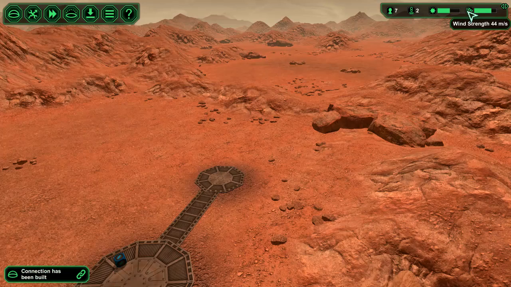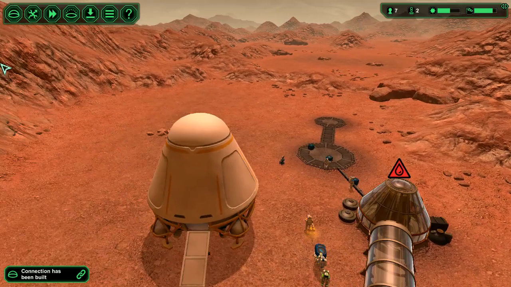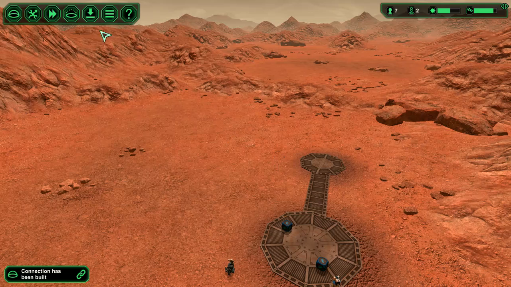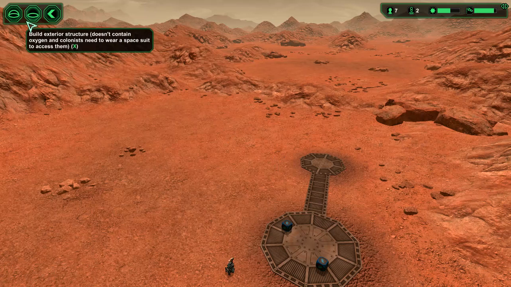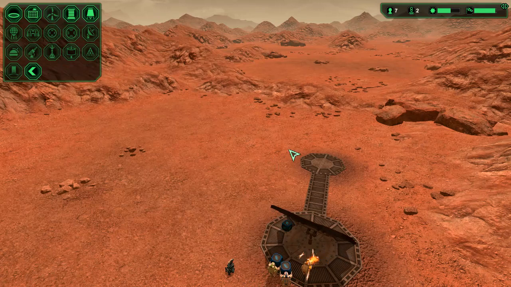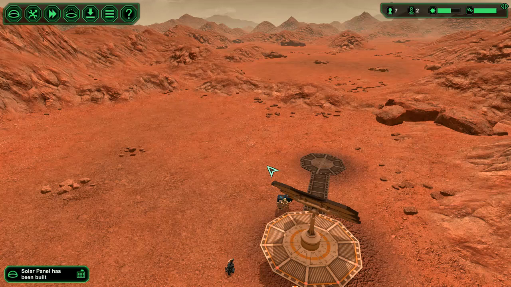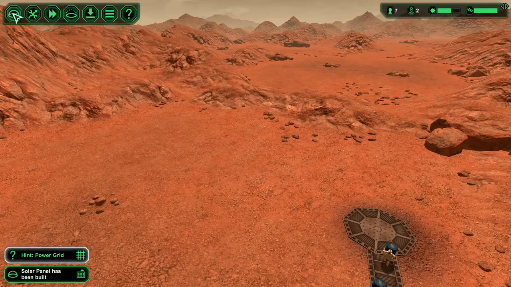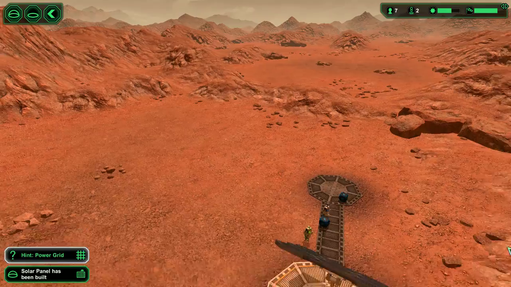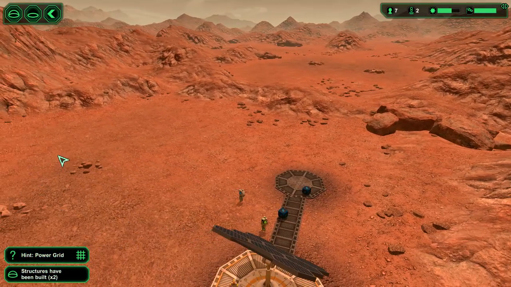But this is wind, and this matters because another way to get power that I actually should build right now is wind turbines. Which is, of course, I need a solar panel. So pretty much, because the solar panels only work during the night, while the wind turbines work during the entire day. Or the wind turbines work all day and all night. So pretty much what I should do,